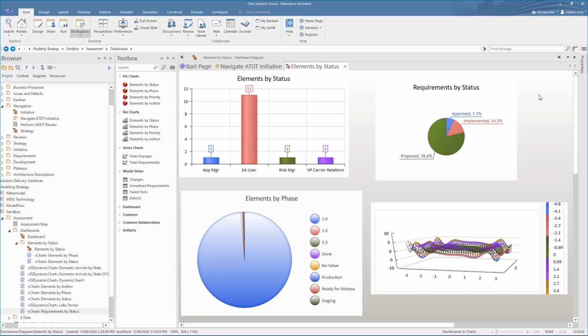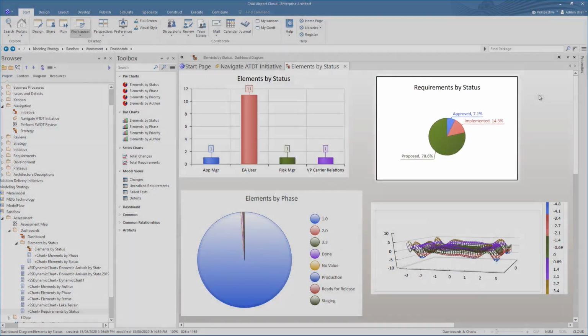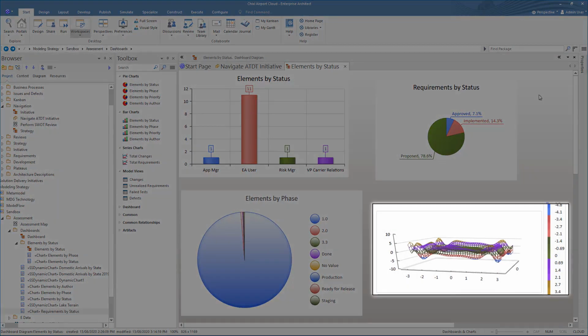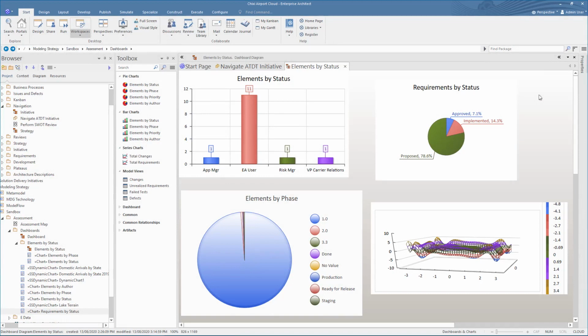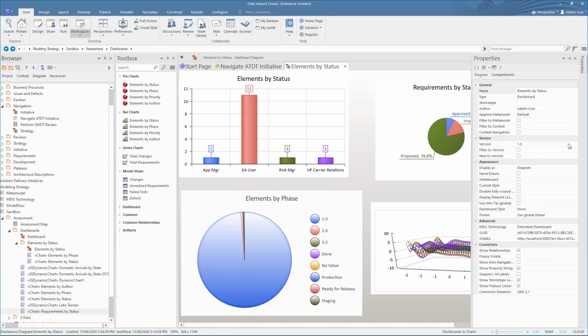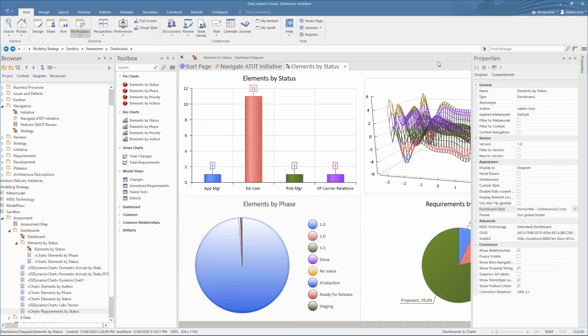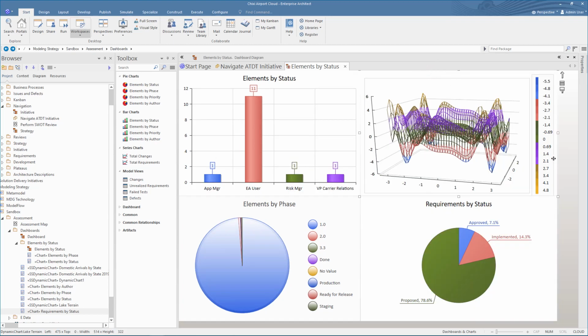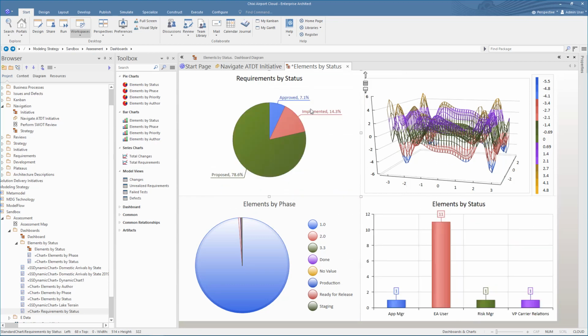Dashboard styles help organize and automate the layout of elements on a diagram. Here we can see a collection of charts and a dynamic chart. Go to the docked properties to set the dashboard style. We can see a number of ways to optimize the layout. We'll select horizontal, continuous, 2 charts to a row. Now as we adjust the position of the charts, the dashboard style applies automatic adjustments.